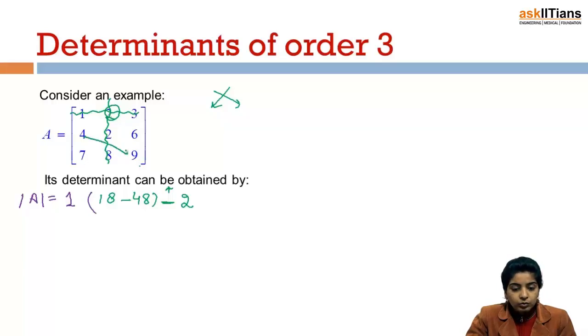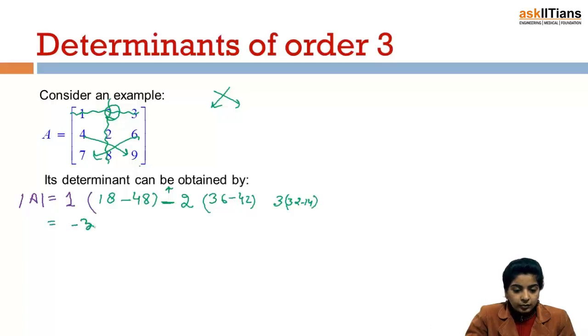And now you'll multiply these two elements, that is 9 4s are 36 minus you'll get 42. Again some sign will come, I'll explain to you which sign will come. Then we have 3 and again the same procedure: I'll cross out this row and this column and then we are left with 32 minus 14.